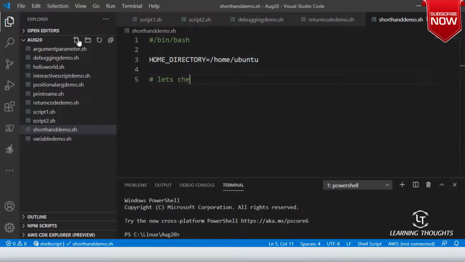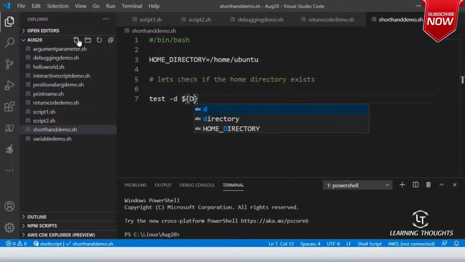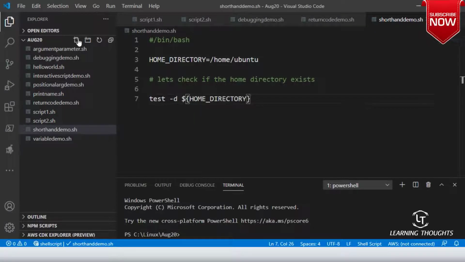Now let's check if the home directory exists. So how will I do that? I can basically check that by saying test -d, okay, $home_directory. Can't I do this, sir? Okay, and then full_directory_return_code.